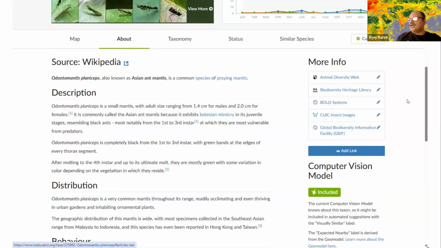You can also click on the about screen, and then it typically links to the Wikipedia page for that particular species, so that you can quickly read the description and other things on Wikipedia. On the right hand side, in more info, there are also different other biodiversity databases that are linked. So if you click on